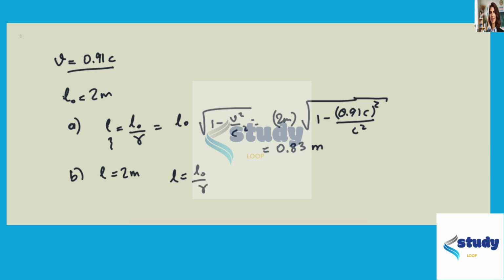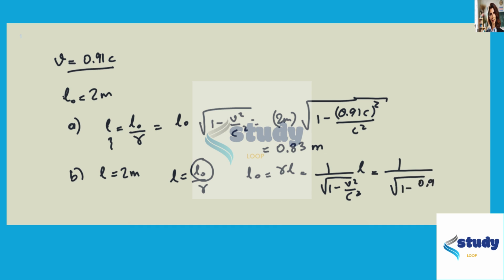This time, we're trying to calculate what L naught is. So L naught is going to be gamma times L. Gamma is going to be 1 over the square root of 1 minus v squared over c squared. So 1 over the square root of 1 minus 0.95 c squared over c squared, and L this time is 2 meters. So from here, we find L naught to be